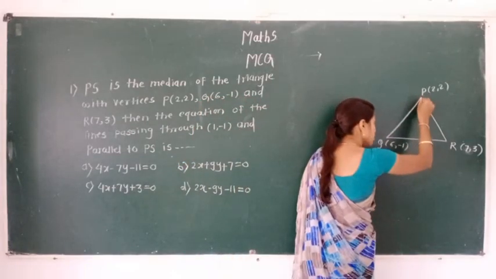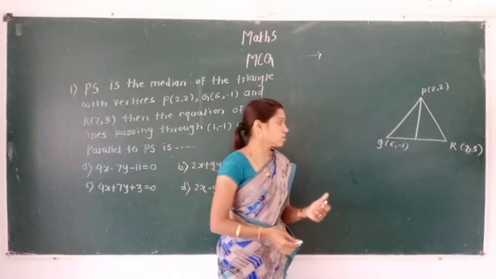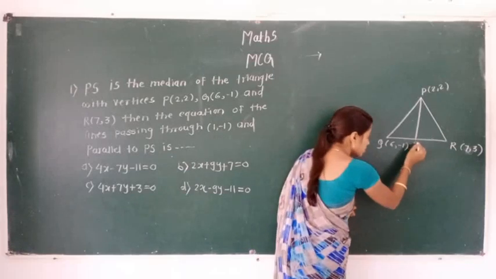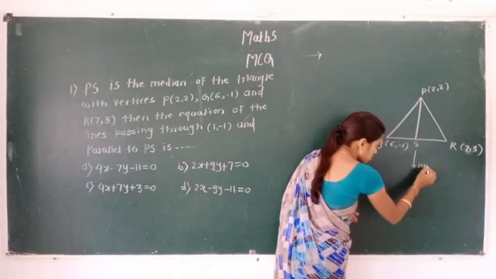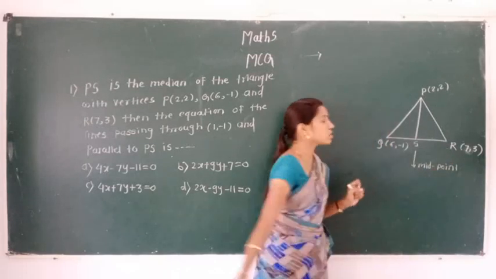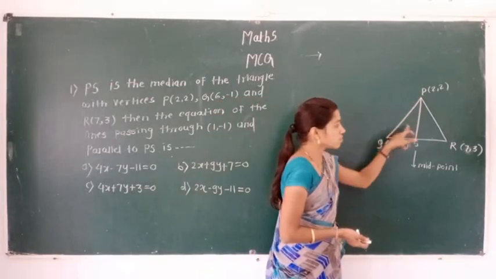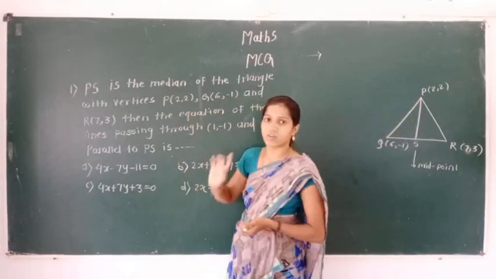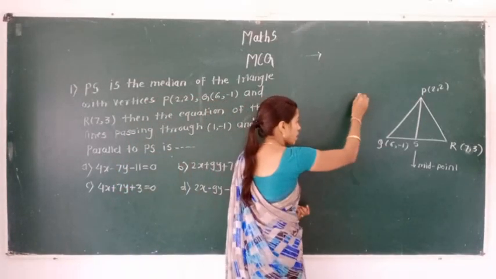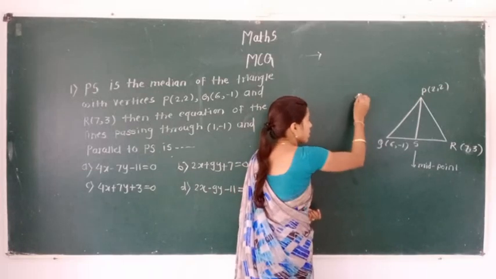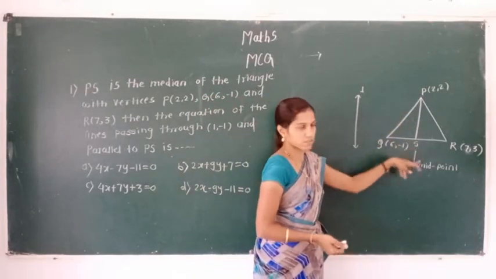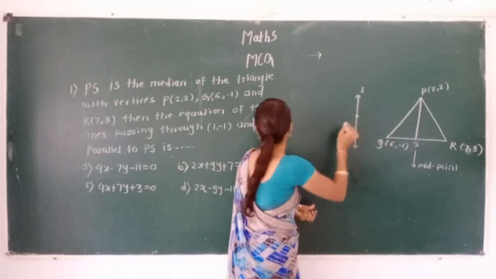And we know that a median goes to the midpoint of the side QR. So S is the midpoint of this line segment QR because PS is the median. Okay. Now we have to find the line. Suppose consider the line L. It is the required line. Okay. And this line L is parallel to PS and passing through the point